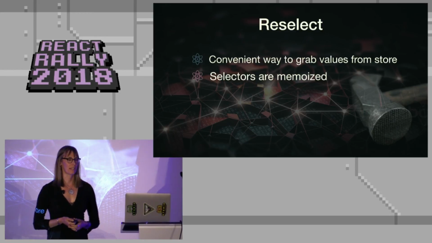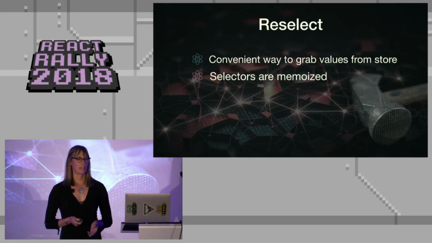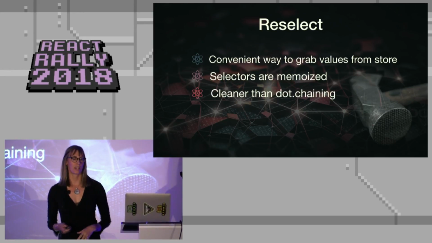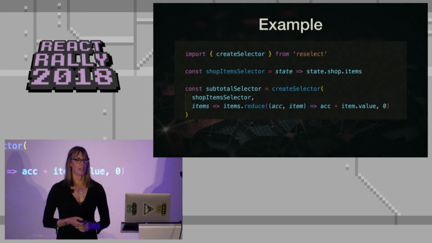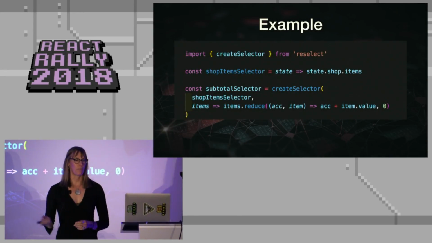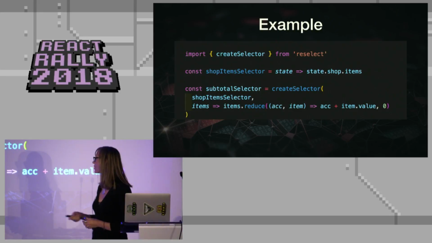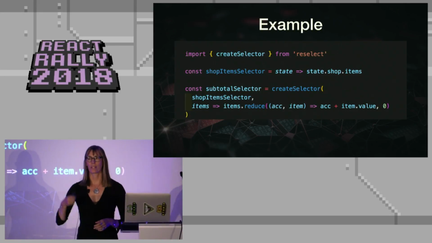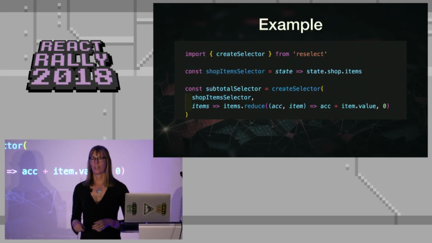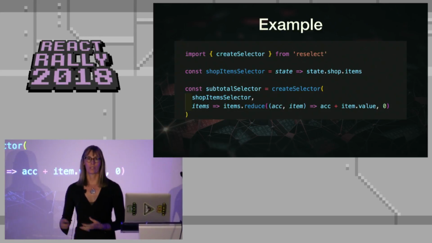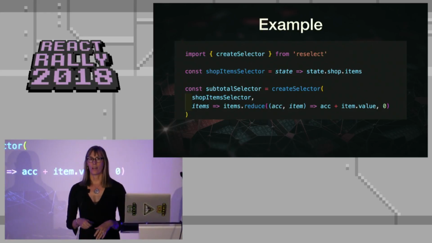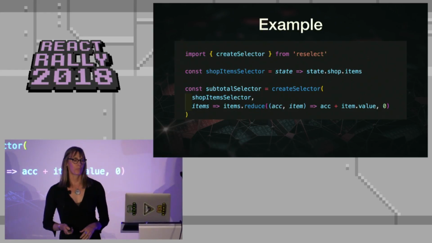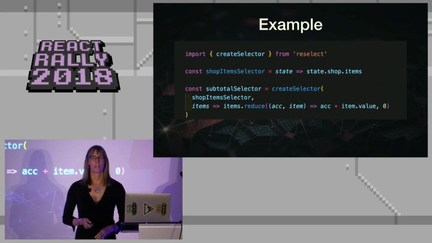So yeah, I really like reselect. It's very clean. It's very efficient. And you don't have to do all that dot chaining, which is kind of ugly. So this is just a simple example of creating a selector. Suppose you have a shopping cart and you have a running total of your items in your shopping cart, but you don't want to recalculate that value every time somebody moves around to a different page. You can just have that sort of selector there, and it's just very convenient. So